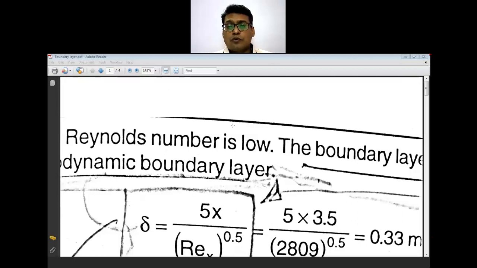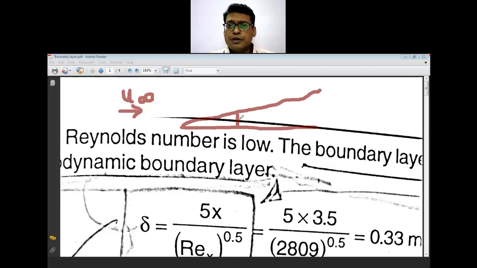For low values of Reynolds number, when you consider a boundary layer, that is, if this is a plate and the fluid flow is coming from this direction with a uniform velocity of u infinity, or the capital V, there exists a certain boundary layer which is going to increase in its thickness. Now this is what we have defined as delta. This is the boundary layer delta for which we are considering the hydrodynamic boundary layer, and this thickness delta is at a distance of